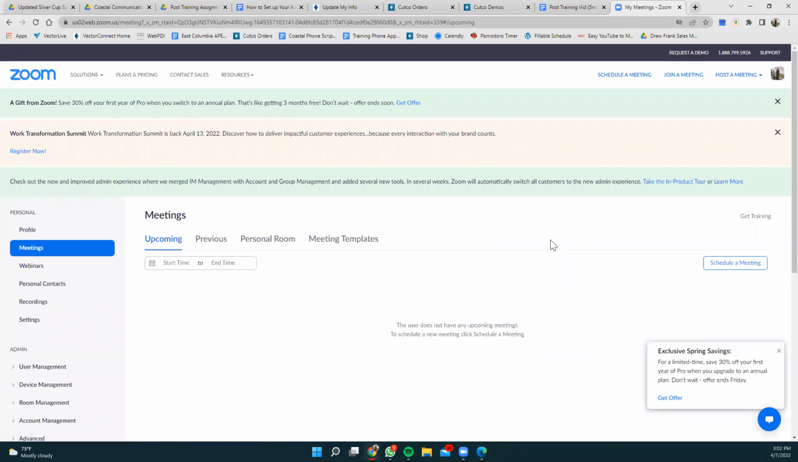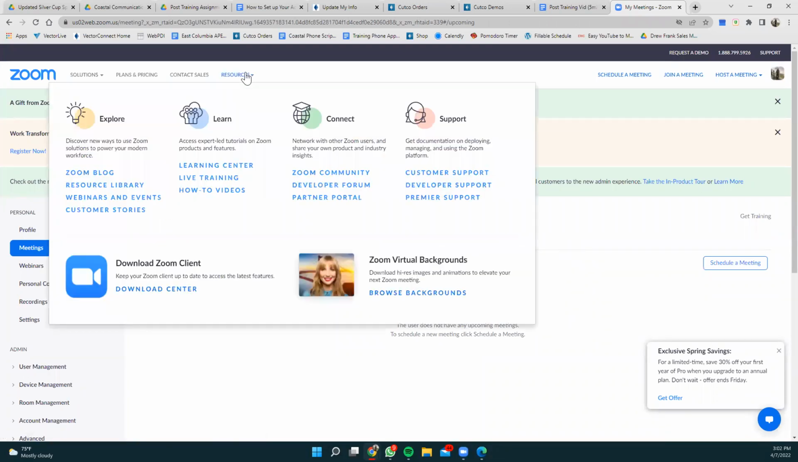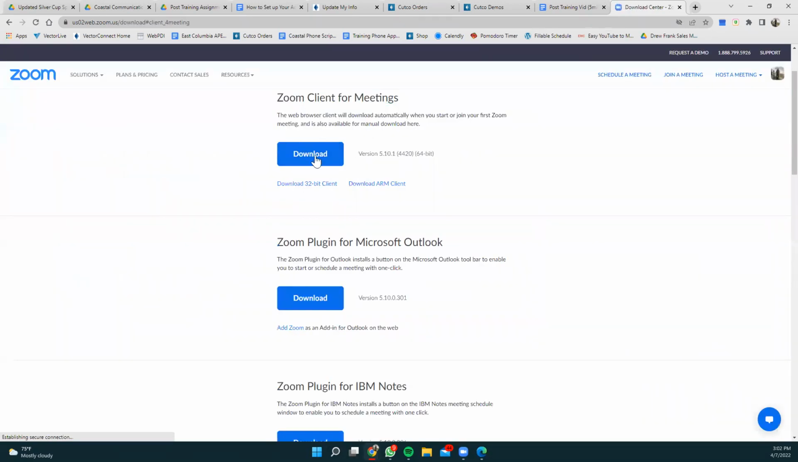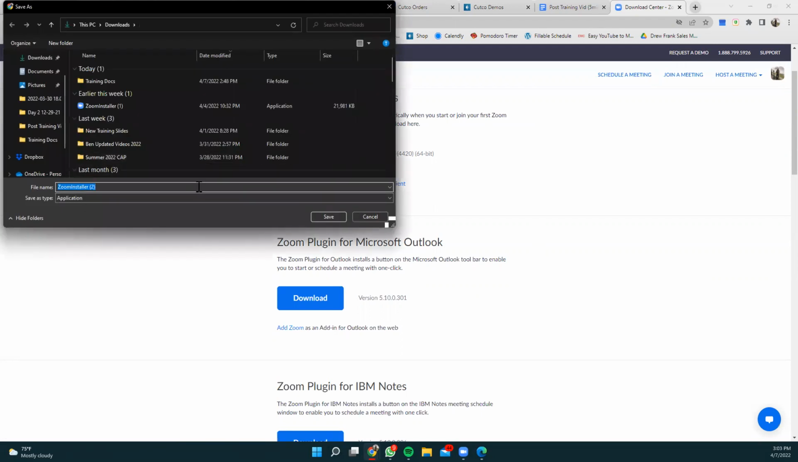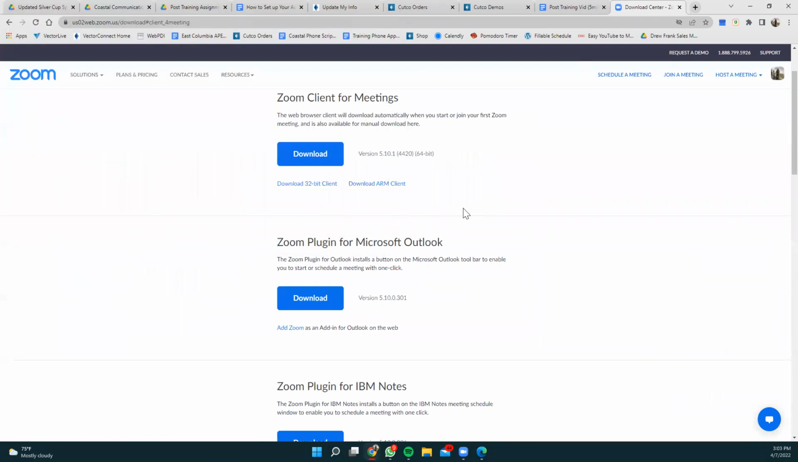And to get the Zoom app and the Zoom icon downloaded to your computer, go ahead and click Resources and then Download Center. Then you go ahead and click Download. And when you do, it'll pop up with the web page for you to go ahead and start downloading Zoom. Okay. So once you've downloaded Zoom, okay, and you open it up, you run the account, it will ask you